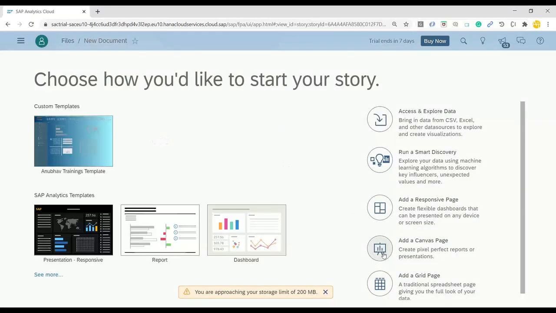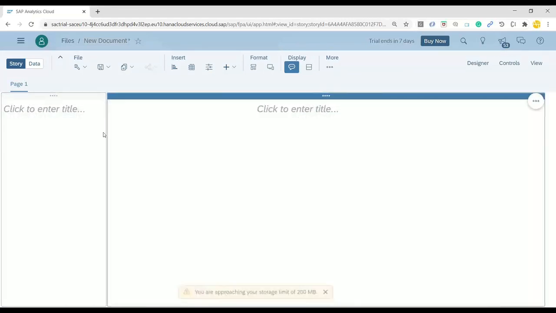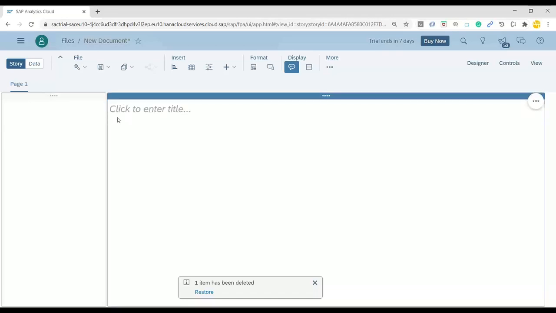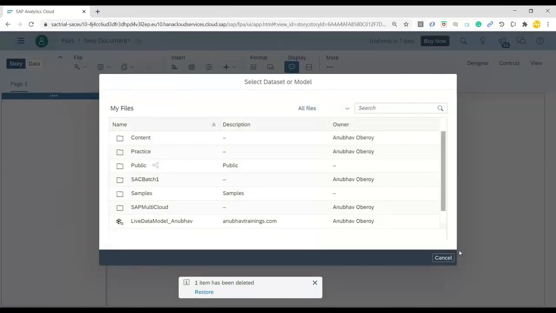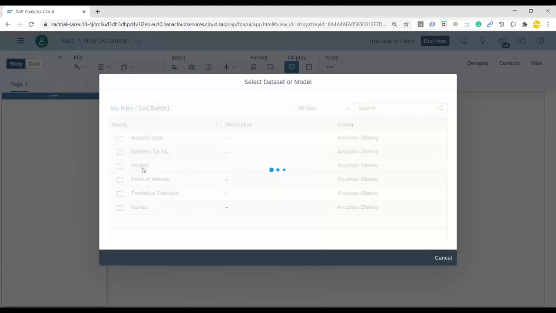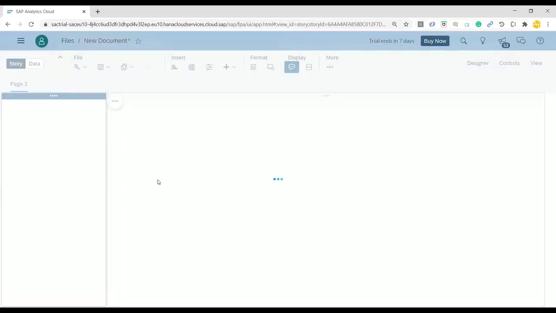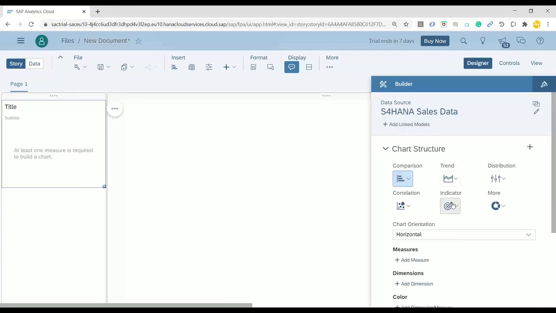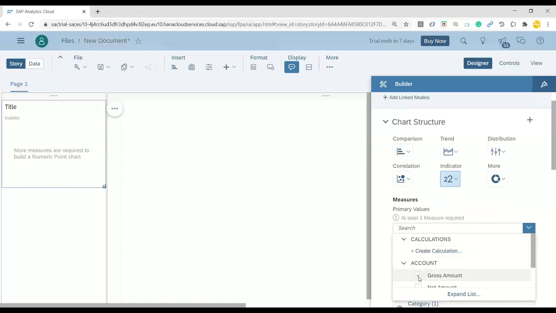and we will create a canvas page, maybe a responsive page. And on this responsive page, we've got this master detail section. And now on the left hand side, I'm going to add quickly a chart. First off, to choose our model which we just created. And now we've got our chart. So let's choose the chart type as a numeric point. I will show the total gross amount,